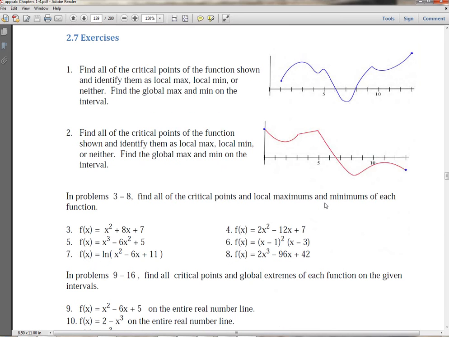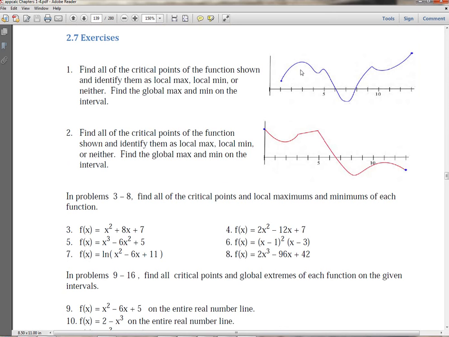So looking at this here. Find the critical points of the function shown and identify them as local max, local min, or neither. So question number 1 and number 2, you're just identifying it from the graph. On question number 1, looking here,